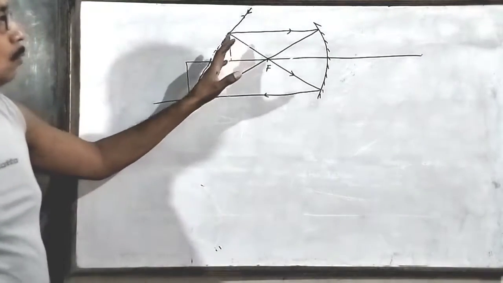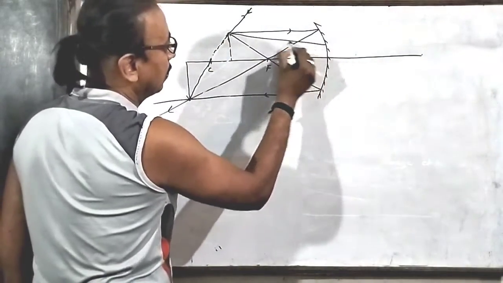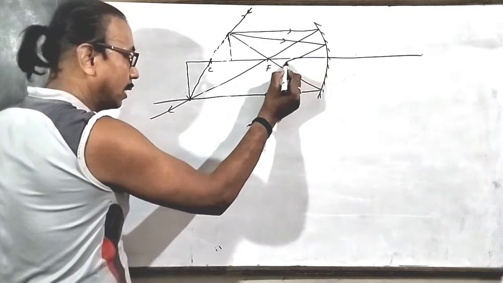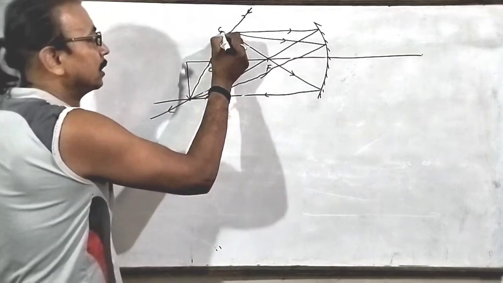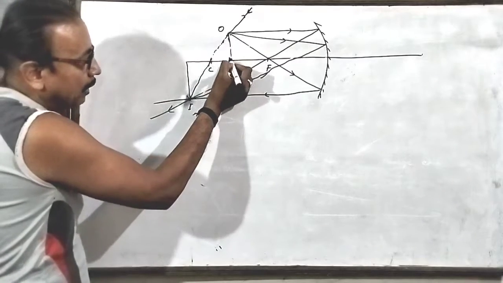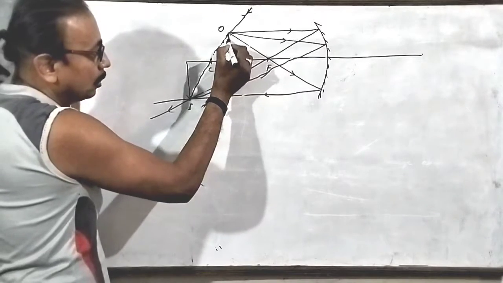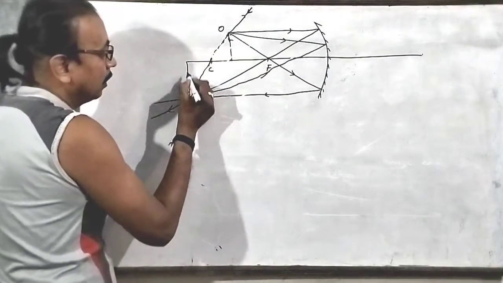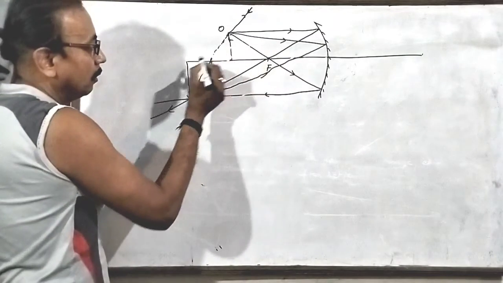All the rays that start from the object, suppose a ray goes like this, we join it from this same point, and this will form its image. All the rays that start from this point O will form the image here. And for the rays between these two points, this is the base, this is the top, between all these points, suppose this ray emanates from this point, it will form an image at this point. Hence all the points will act as objects, and their images will be formed on this line.